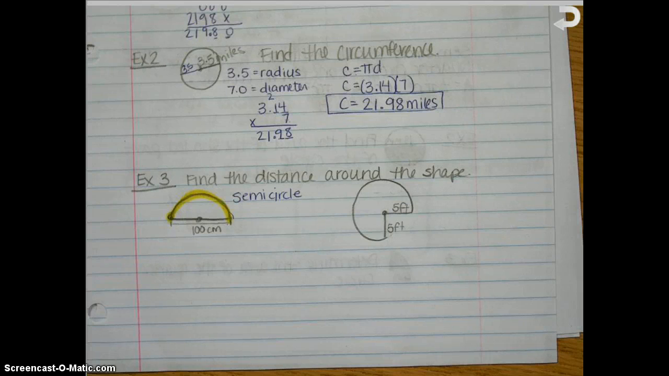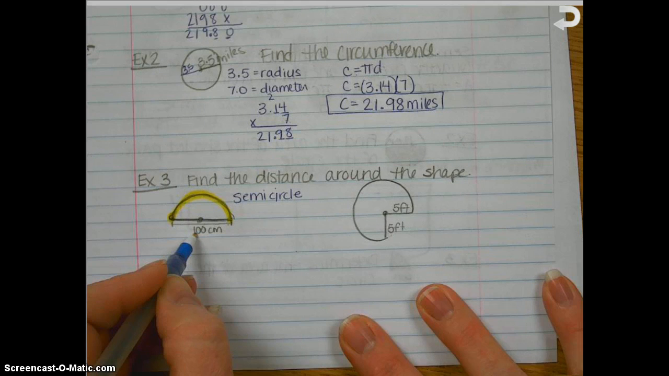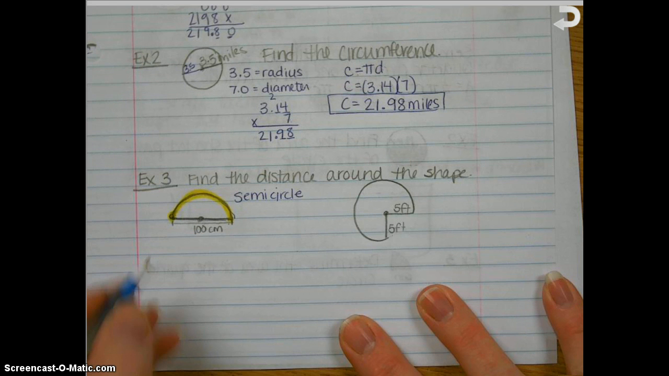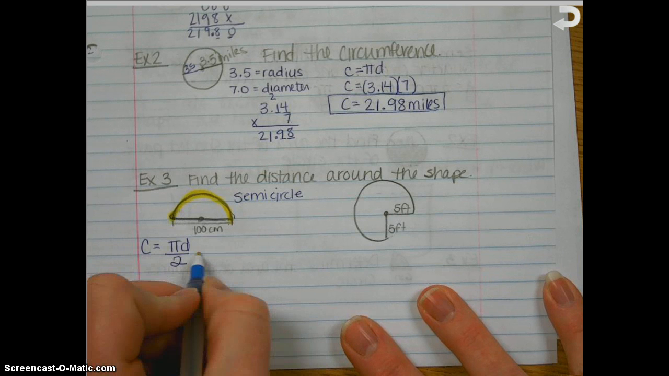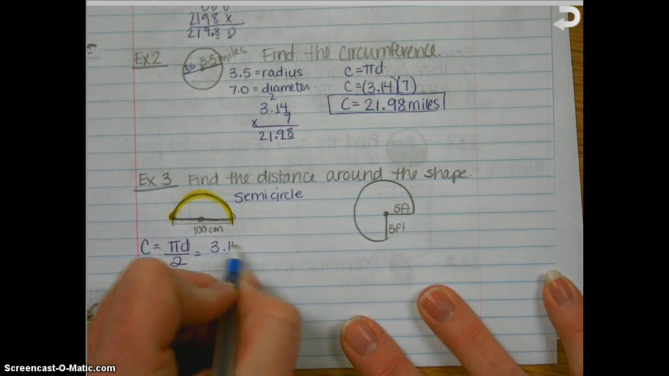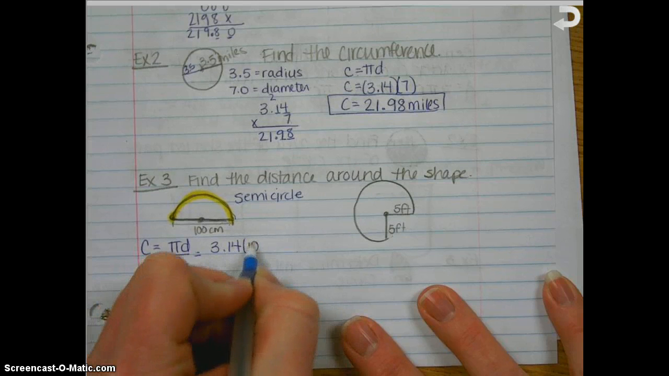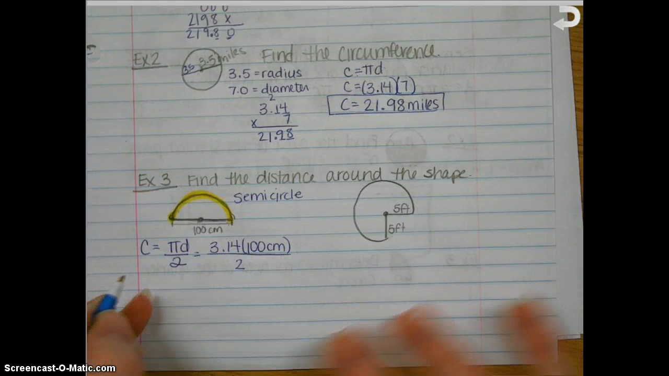Once I know half the circumference, then I can just add this part right here, which we know is 100 centimeters, to that total. So I'm going to find the circumference by doing pi times diameter, but then I'm going to divide it by 2 because I only want this part right here. I don't want the whole thing, just this half. So pi is 3.14. My diameter is 100 centimeters, and we're going to multiply that and divide by 2. So 3.14 times 100